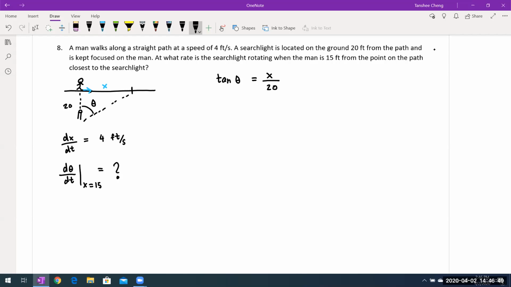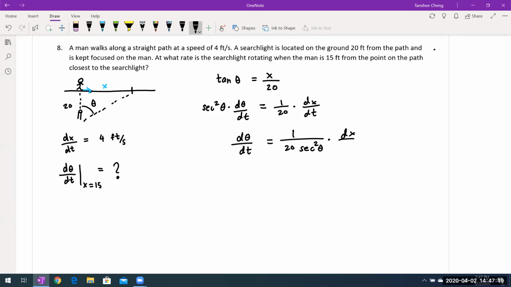So when I take the derivatives on both sides, that will be secant squared theta times d theta/dt, equal to 1 over 20 times dx/dt. Simplifying a little bit, d theta/dt is equal to 1 over 20 times secant squared theta